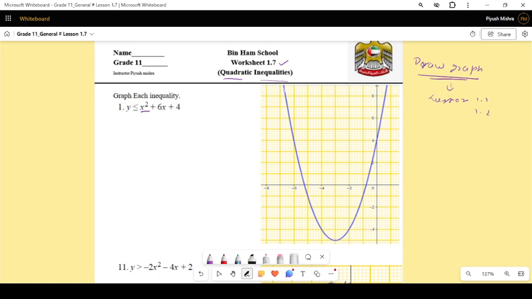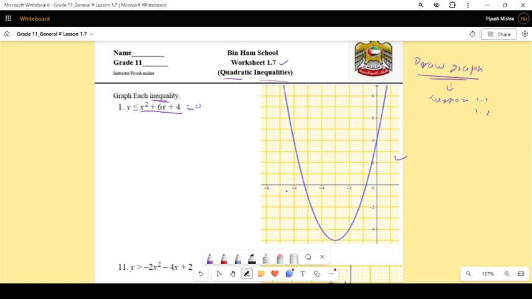For you, I have already drawn the graph of this one here. This is the graph. How to draw the graph? You will be putting 0 first, and then drawing the graph. After that, it is telling me to graph the inequality. For the inequality, after the graph I have to shade a certain region. It may be inside the parabola, or it may be outside the parabola. So I will check where I have to shade it.